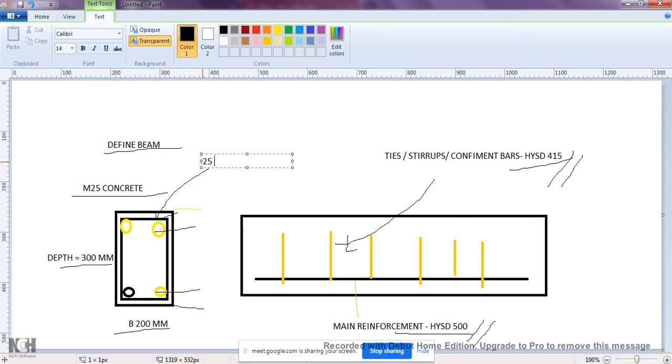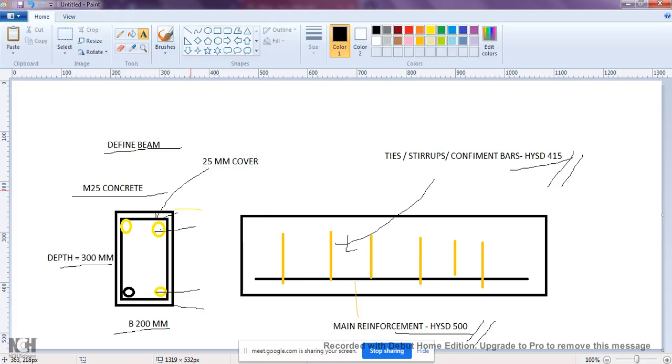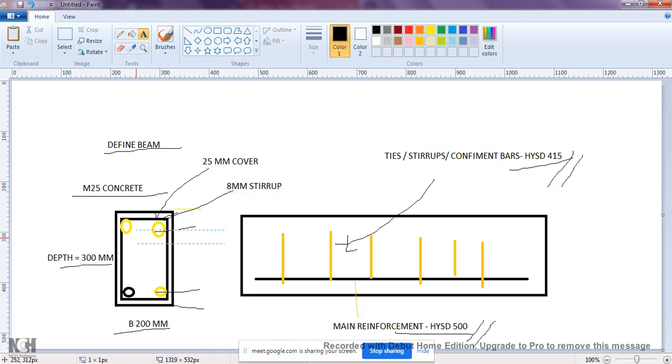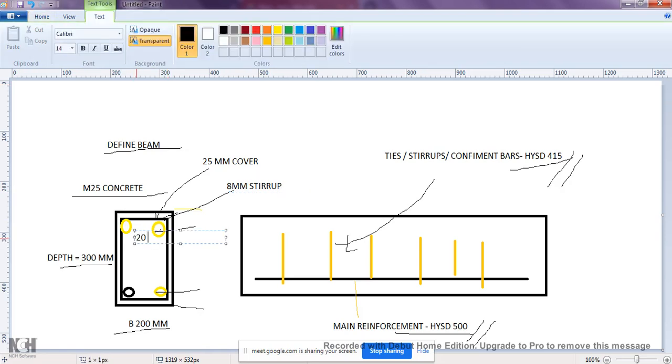Next, below this there is a stirrup, the dark one that I showed, an 8 mm diameter stirrup. Next I am assuming the main bar at the top is made up of say 20 mm, and the bottom one is made up of 16 mm.